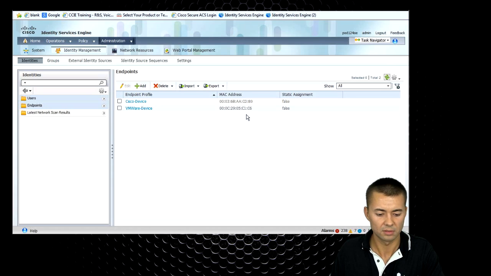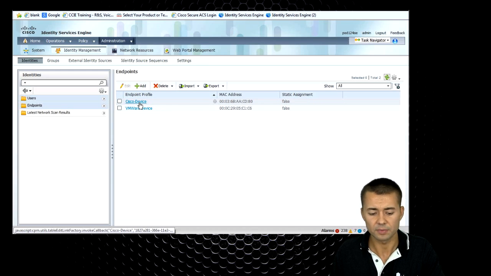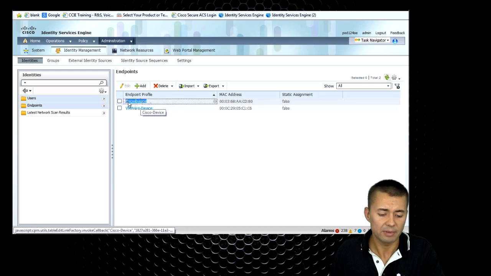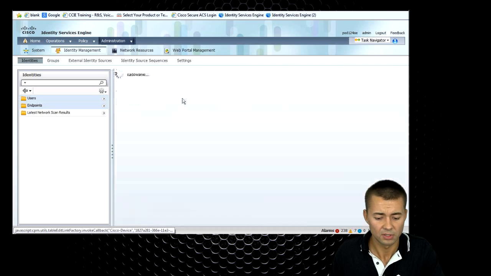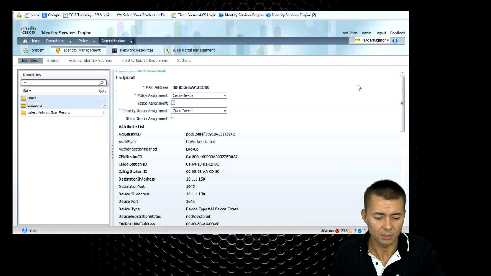the database here. So now we see that at some point it finally sent information about the connecting phone using that calling station ID attribute. And so this device was profiled since the radius probe was enabled on ISE. And this device got profiled and is now showing up as a Cisco device. So when we take a look at the attributes of this phone,